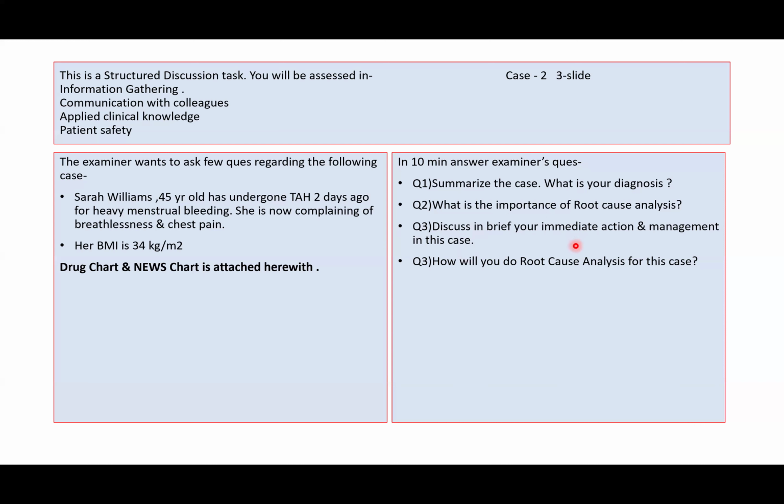And further management, like admission in HDU, and then how will you manage? As the patient has been admitted to the HDU, I would first like to gather information from the patient, after seeing that she is stable and ready to answer my questions. I would like to go to her post-op chart, where I will see her routine investigations and whether the heparin has been continued. And I will also like to go to her